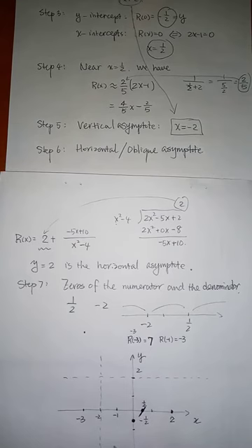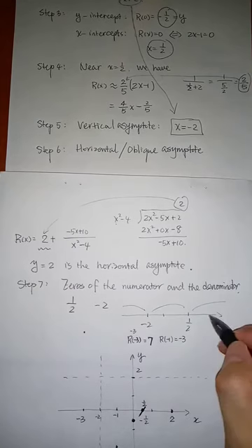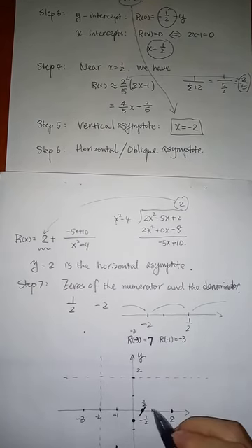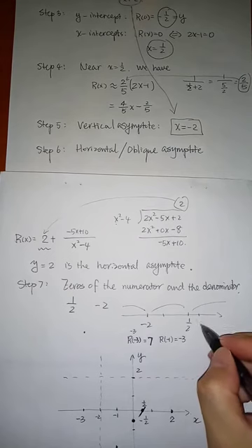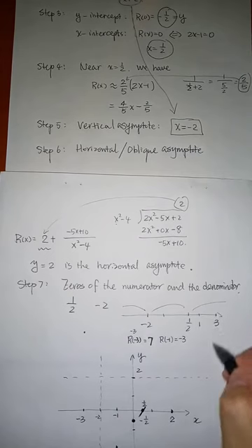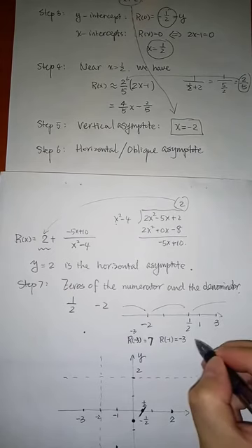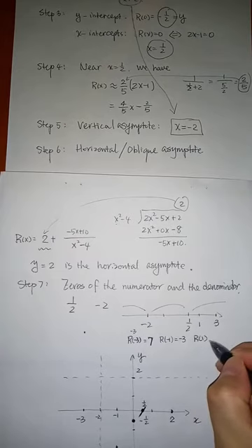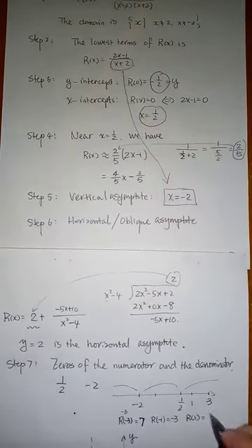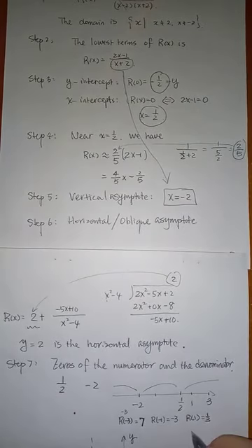It's someplace here. And in this place you can check, 2 is not in the domain. You can check 3 or 4 or 5. So for example, if you check 1, r of 1 is 1 over 3. And r of 2